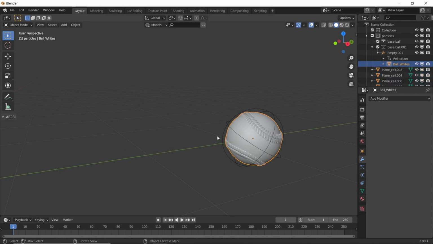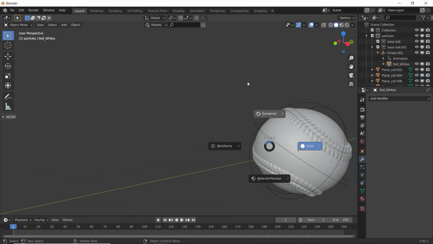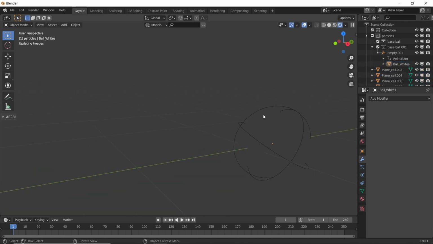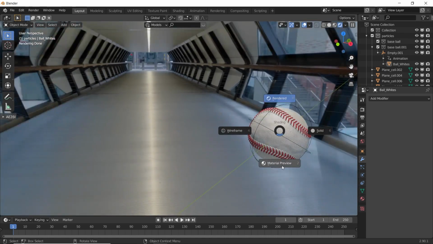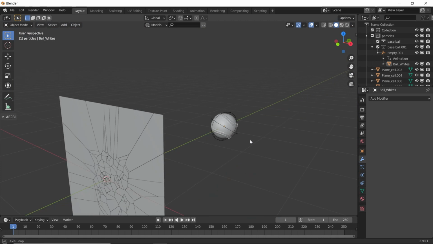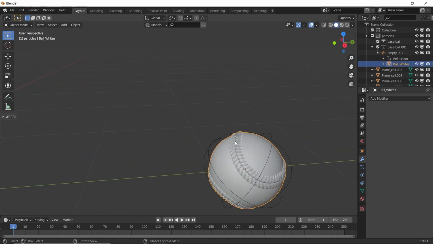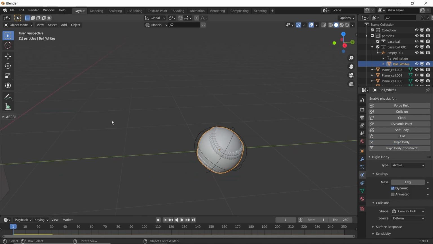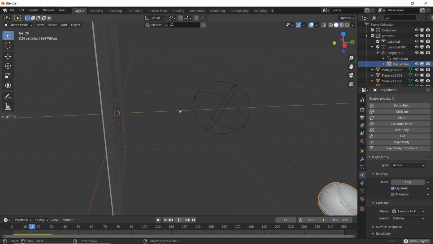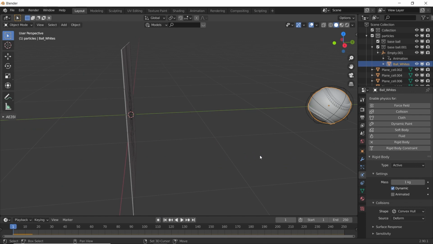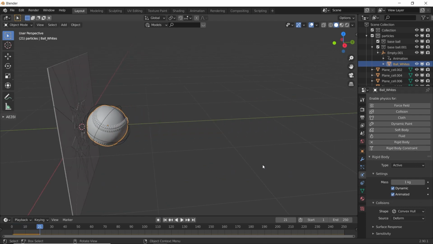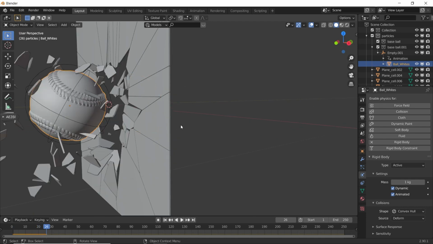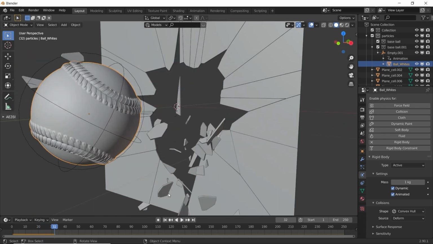Press Ctrl J to join them together. Okay, this is nice. Now select this ball. Go to physics, rigid body. Now let's play the animation. Okay, we need to turn on animated. See how it's reacting with it.